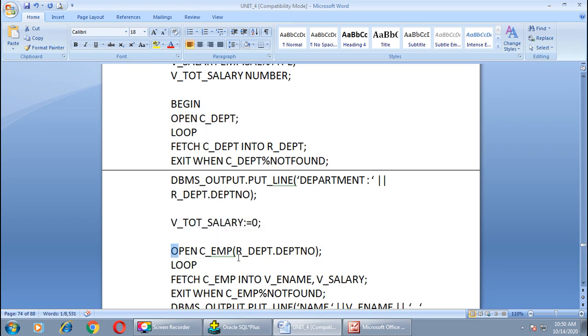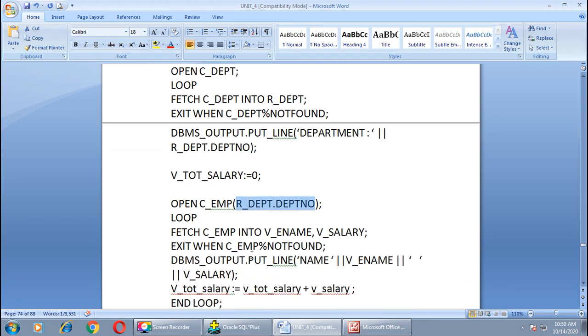Open C employee, and we pass one value as a parameter, that is R department dot department number. Whatever number comes in R department, that we want to pass as a parameter to this cursor. Loop begin for this cursor. Fetch C employee into V ename and V salary. We want only these two fields, and exit when C employee percent not found.